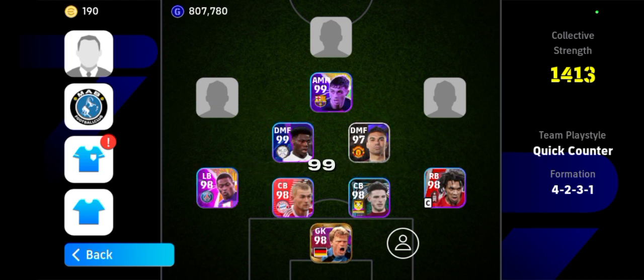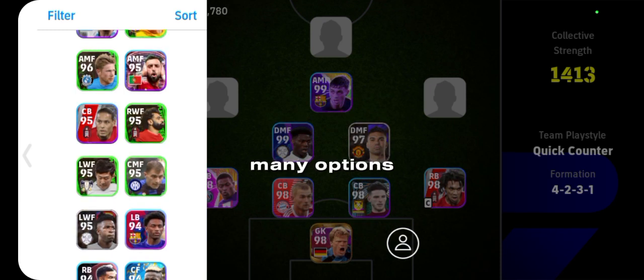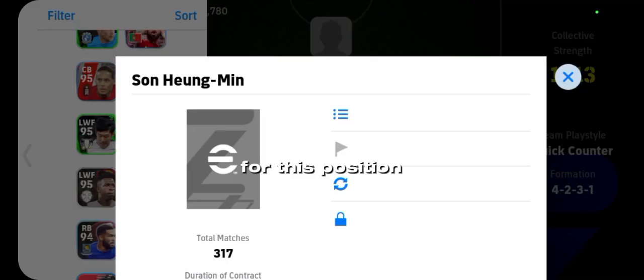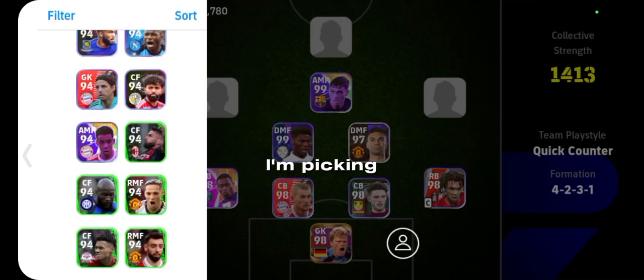Pedri at 99. We're going to be looking at our right mid and our left midfielders. In this position, we have to be really sensitive because we're going to be looking at their skills, their playing style, and of course their offensive awareness and defensive awareness. So for my right midfield, I have so many options. I can't use the likes of Salah for this position because I'm picking Antonio already,